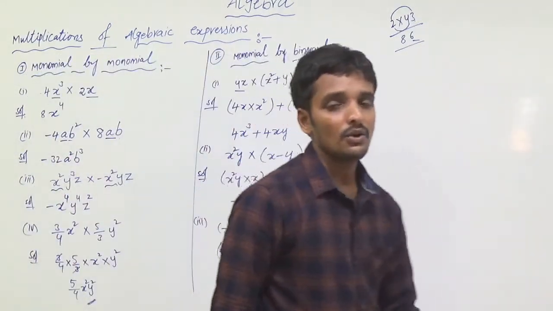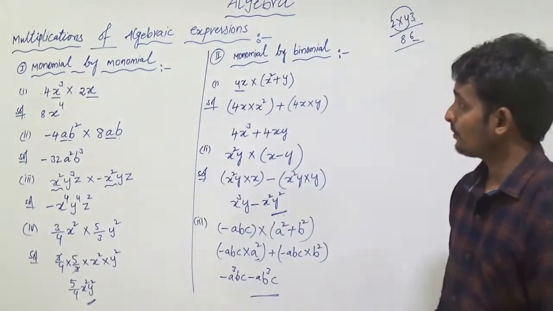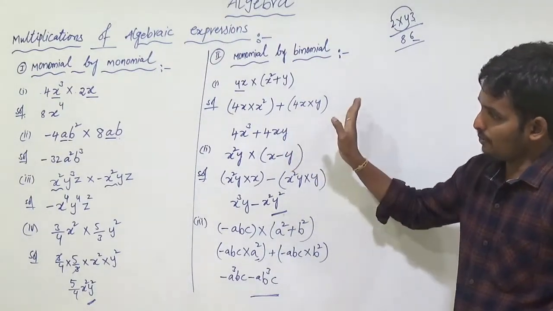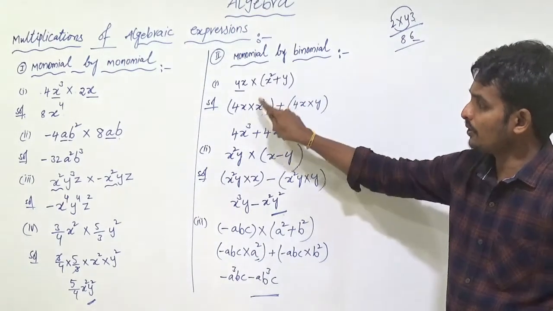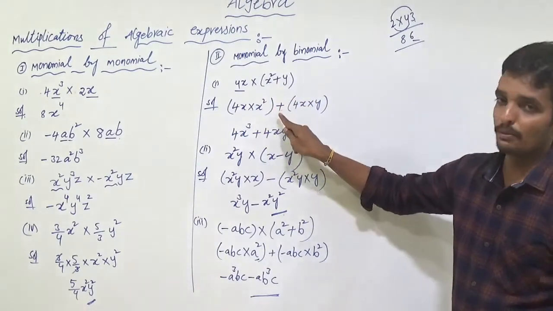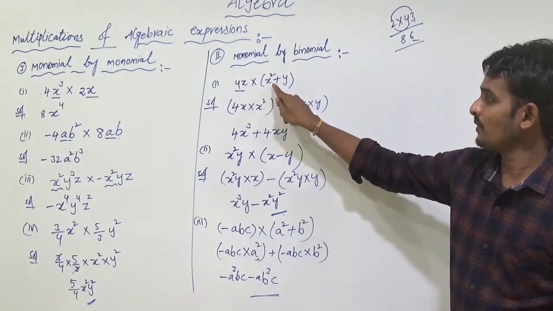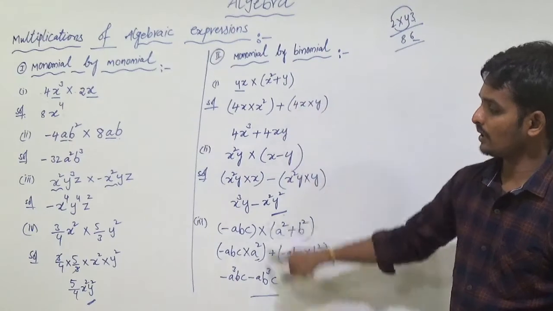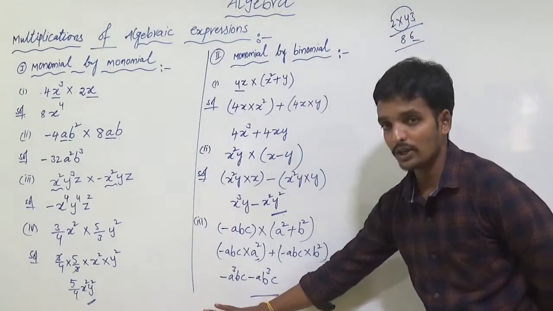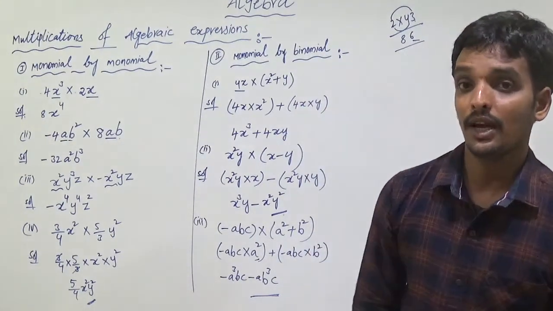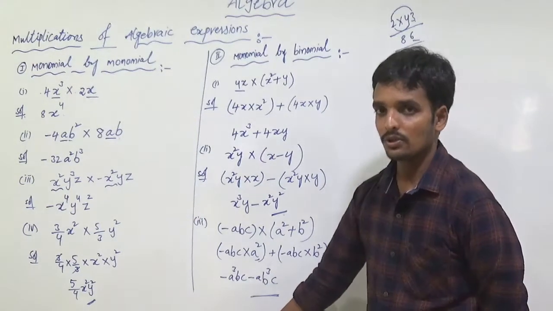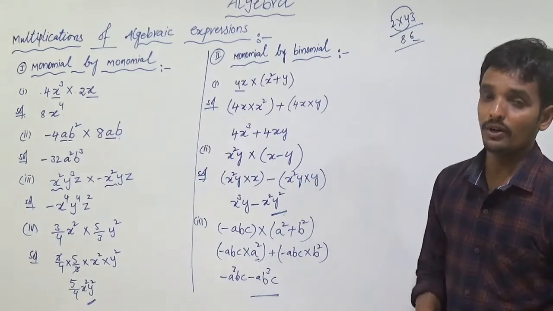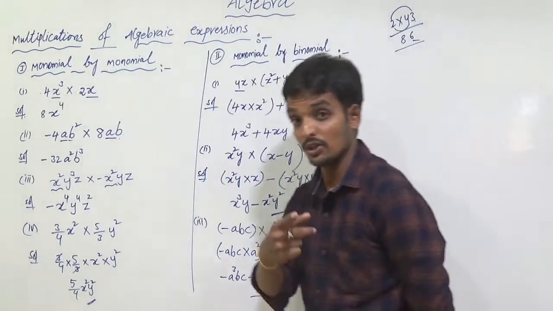So this is the way of multiplication of monomial by binomial. Monomial with binomial means monomial into the first term. The symbol depends upon the question. If we have plus, we write plus. Then monomial into the second term. We are getting three questions. Write two more questions as you wish. Then complete the heading monomial by monomial. When you are writing the notes, write two more examples in your own way.